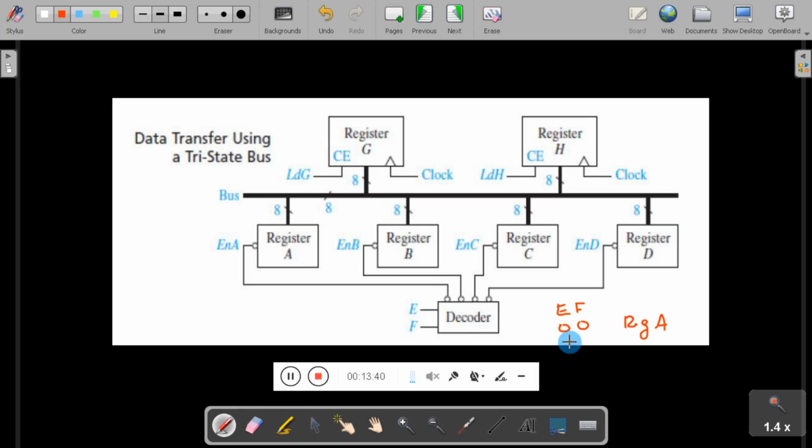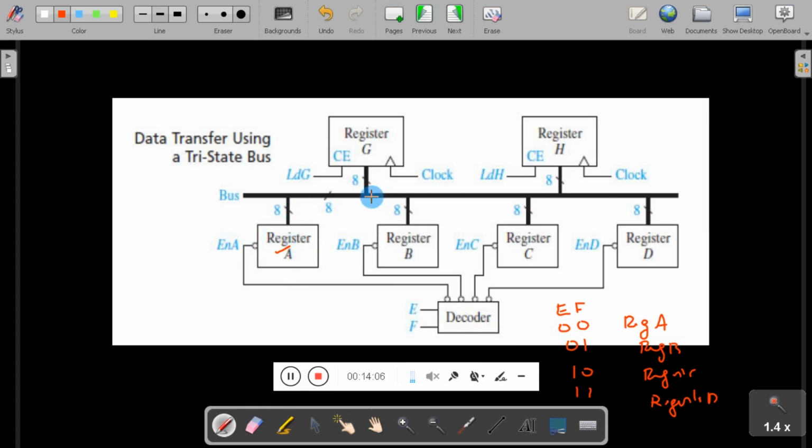When it is 0, 1, that will enable register B. When it is 1, 0, it will enable register C, and when it is 1, 1, it will enable register D. Now, when the control signal EF is 0, 0, register A is enabled, and the output of register A